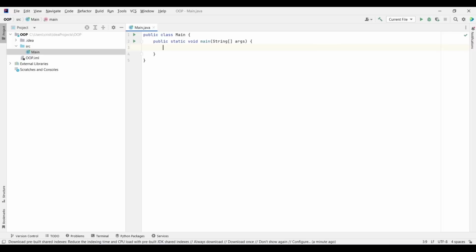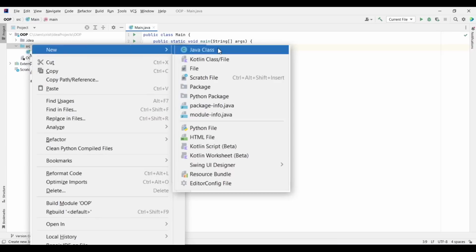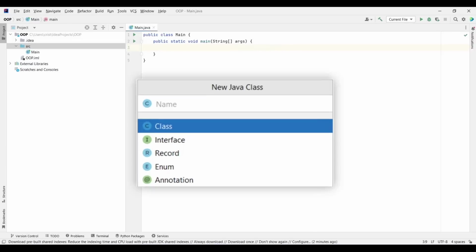Using this example with the car, we're going to create a class, because the equivalent of a plan in the real world, a template in programming, is a class. So we right click on src, go to New and select Java Class, and I'm going to call this class Car.